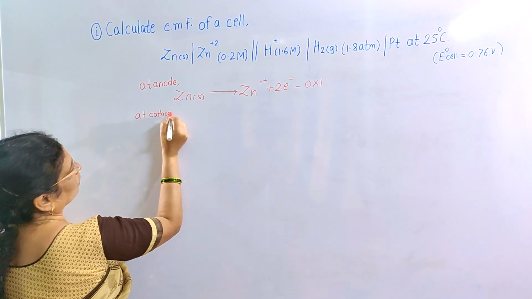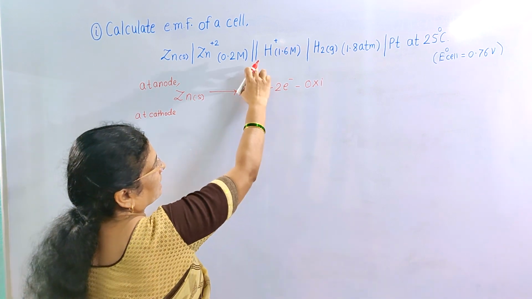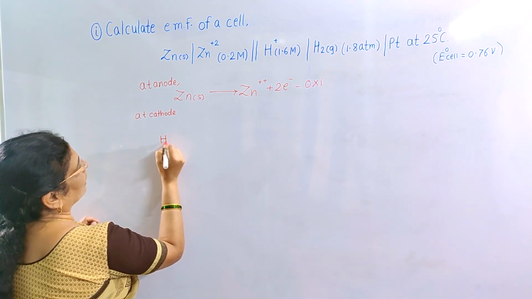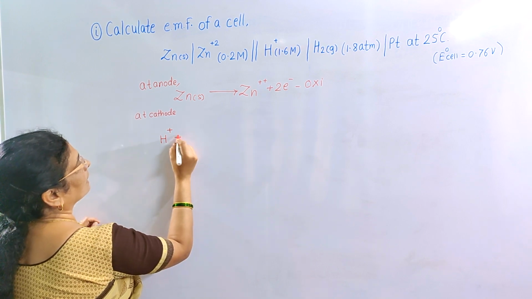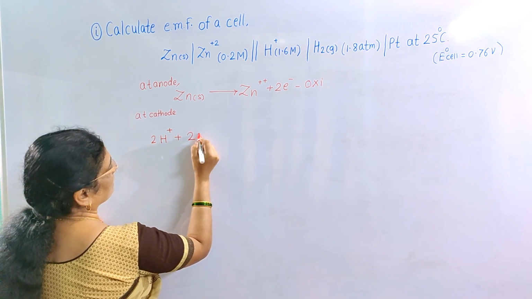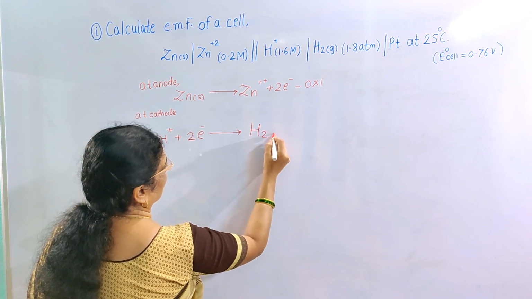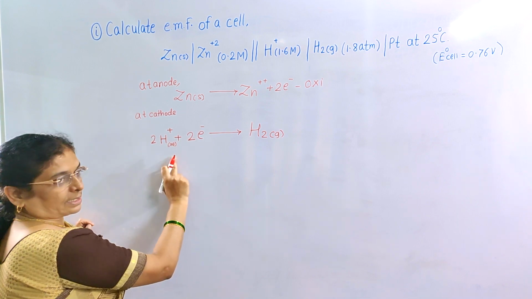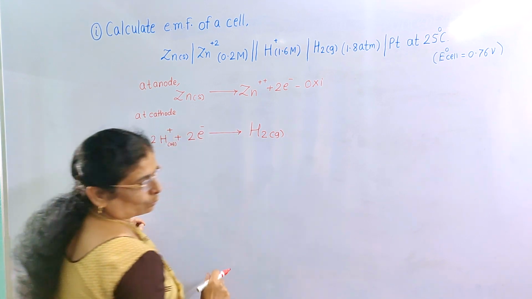The electrons which are lost by the oxidized substance are gained by the reduced substance. Here H plus ions are there in the solution of the hydrogen gas electrode. The electrolytic solution contains H plus ions. These H plus ions will accept the electrons. Remember here, for balancing the reaction we have to take 2 H plus ions, 2 electrons are gained, and we can obtain hydrogen gas. You can directly write the reaction like this, that is 2 H plus ions, by accepting 2 electrons, are converted into an H2 gas molecule.